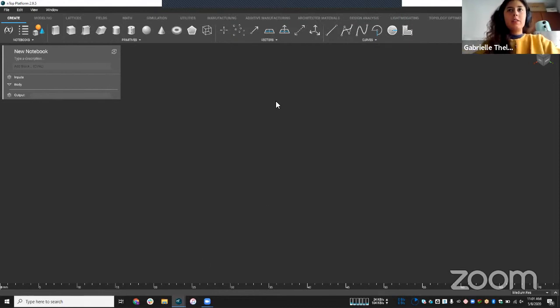So right now we're looking at the main nTop interface, and you'll notice to the top right corner here, we have 5 tabs: the additive manufacturing, architect materials, design analysis, lightweighting, and topology optimization. So these are our toolkits, and within these toolkits, we really identified workflows that were commonly used by designers across